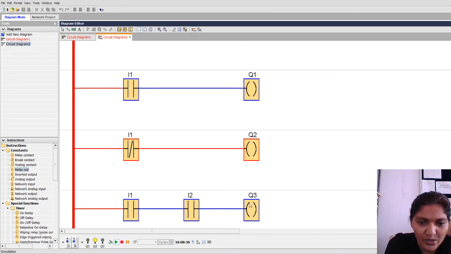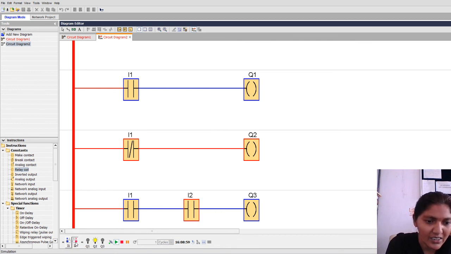Look here, Q3 is in the off state, so its related bulb is in an off state, because both the inputs are in an off state. When any one of the inputs, whether I1 or I2, is energized by the power source, the output will still be off.